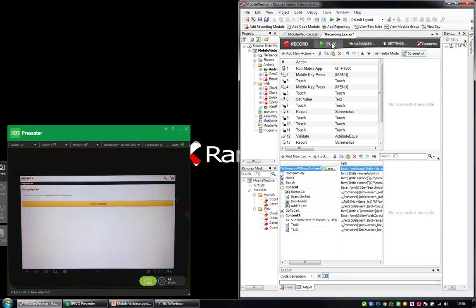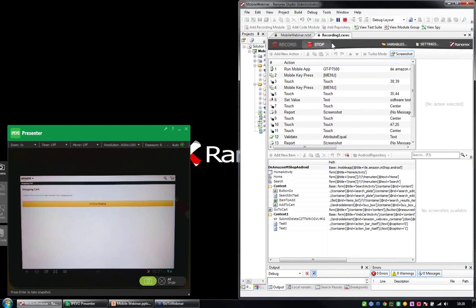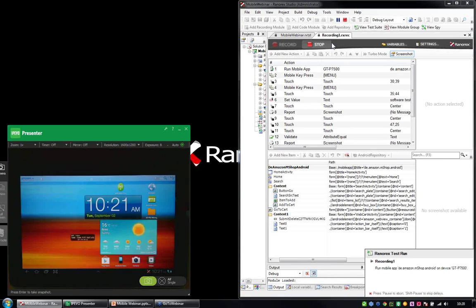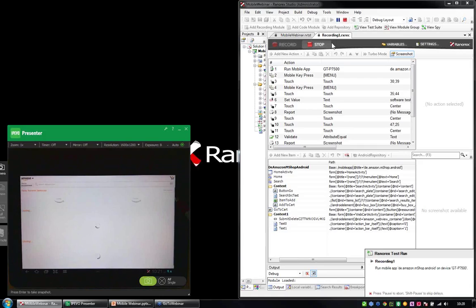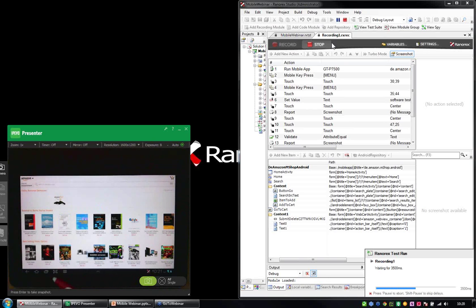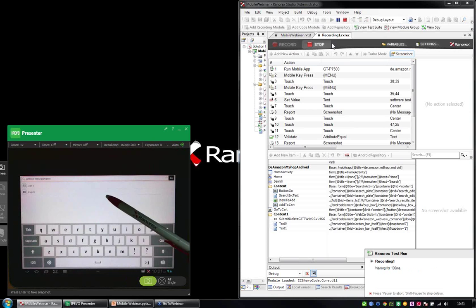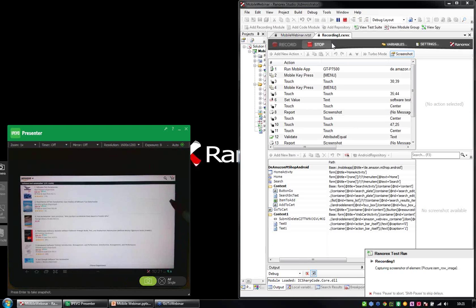So let's play back these 17 actions again. You will see nothing new. I'm going to the menu and opening the menu here, and then I touch the home button, followed by a touch on the search button, and then I'm typing in software test automation in the search bar on top, touching the go button, selecting the first element here,